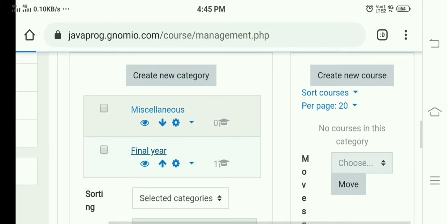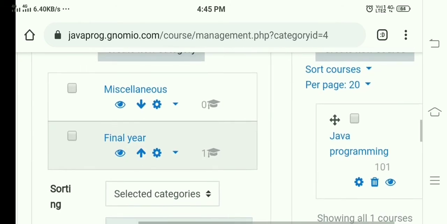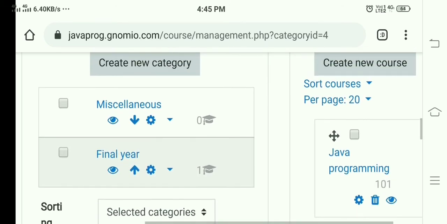Final year is the category and Java programming is the course. By default, the miscellaneous category we can hide. Just click on the icon and disable it. Whenever we disable it, it makes a cross on that category.